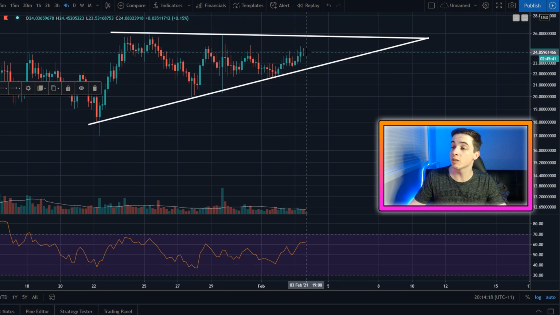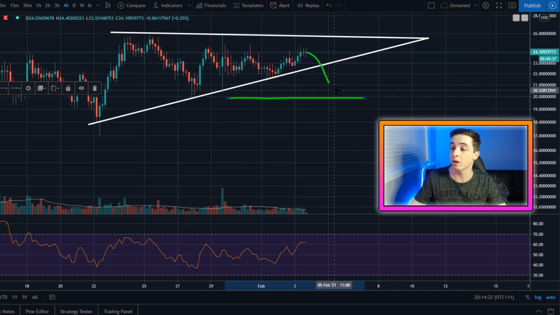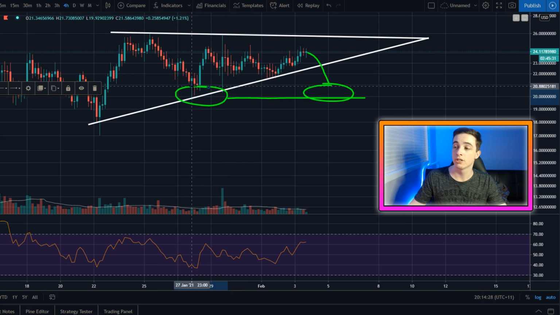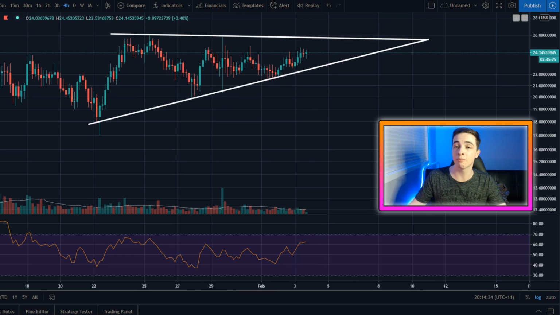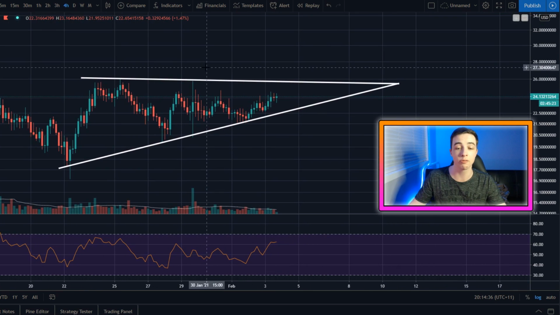And yet if Chainlink does break below those levels, then I'll be targeting the $20 level, because that was the previous all-time high for Chainlink, and as you can see, it got supported back here. So that could be some pretty big support for Chainlink if it breaks down. But once again, as I mentioned earlier, this is a bullish pattern and it's much more likely to break to